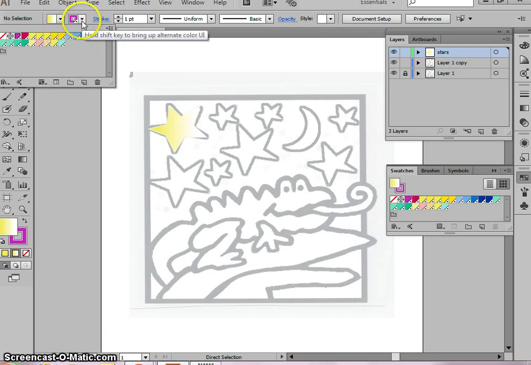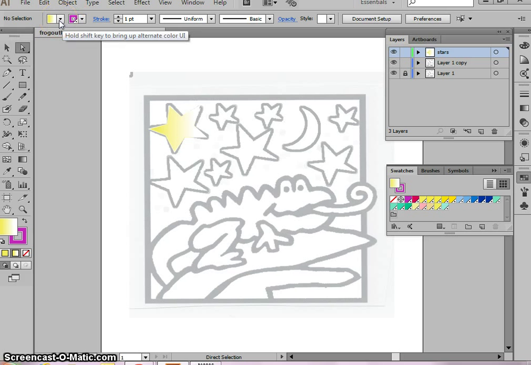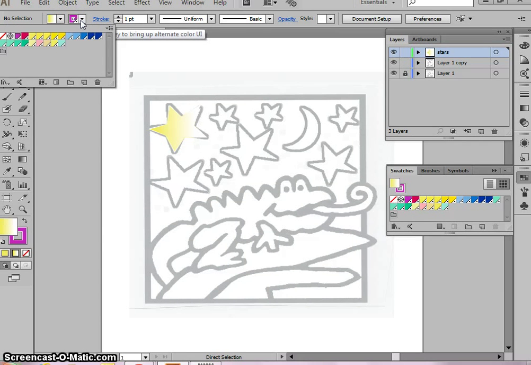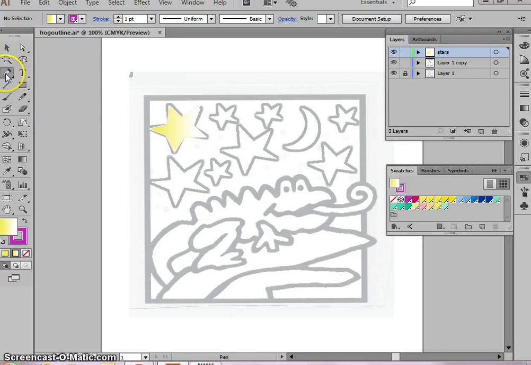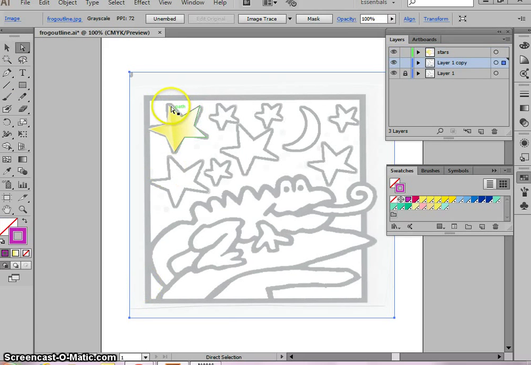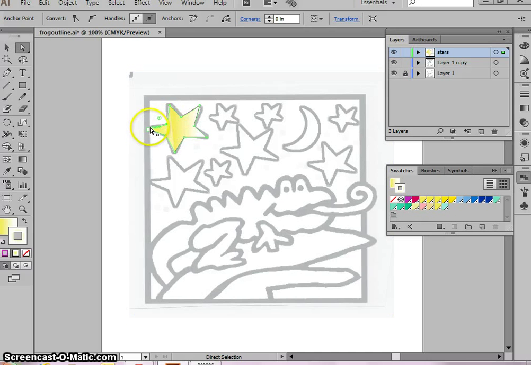So by going back up here and making sure that I select my stroke color, you see it's just the outline. And remember, it's 5 points, so it's a little thick. So here's the inside of the star color right now, and here's my outline. And here's my pen tool, and I'm going to go back to the star. So there, and we're going ahead and making sure that we have that pen tool going all the way around